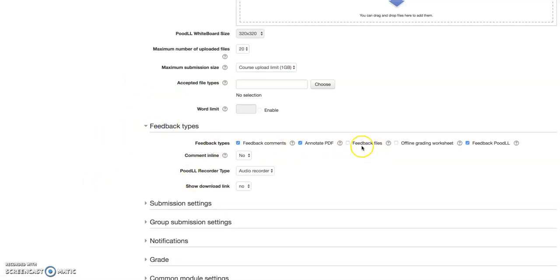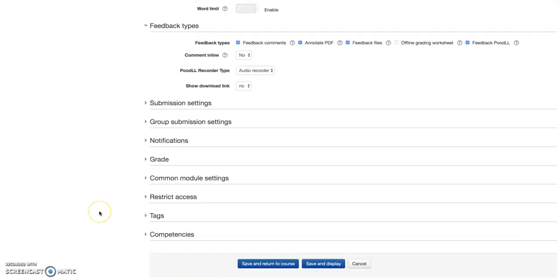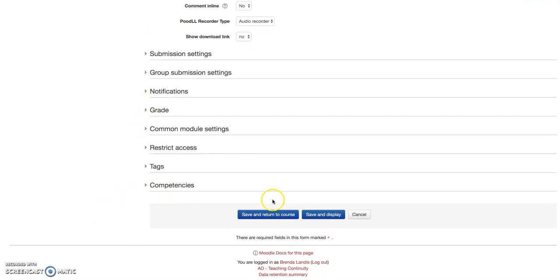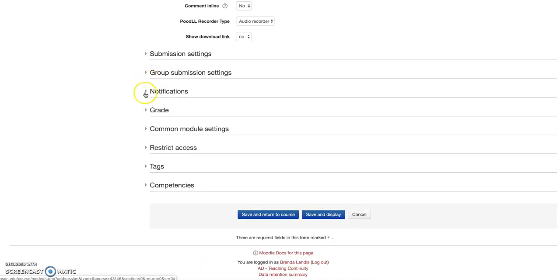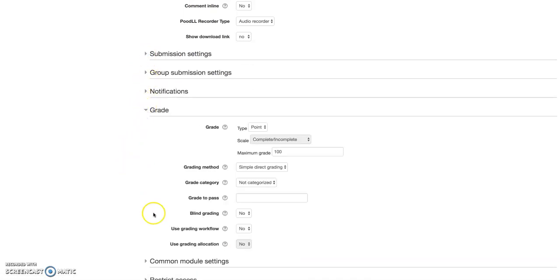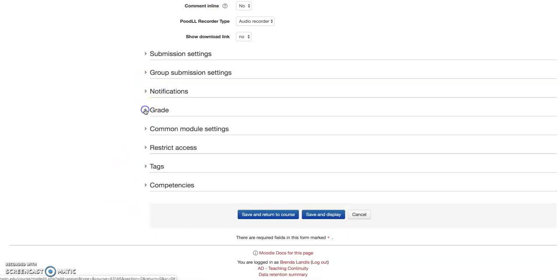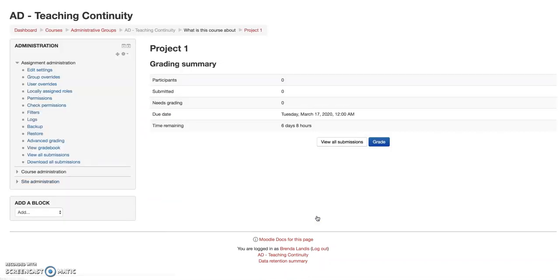You can adjust what type of feedback types. You can choose feedback files, meaning that you can send files back to them, so you can grade the document and send it back. So you can make some adjustments in here as well. And so most of the other options here are not adjusted very often. You can go through and see if there's any specific elements that you want to adjust. The grade can be adjusted in the grade book itself, so that is better adjusted when we're organizing the entire grade book. So we're going to choose to just save and display,